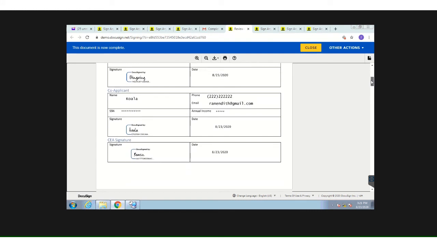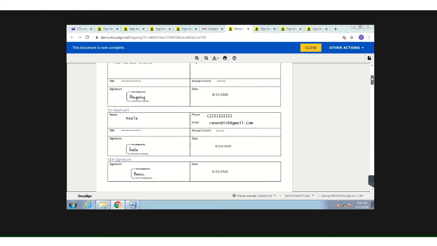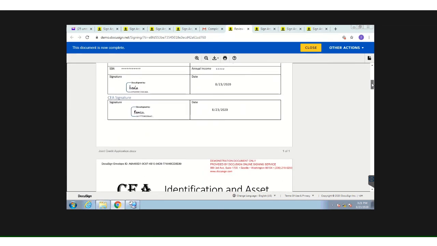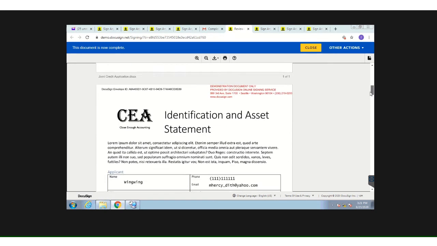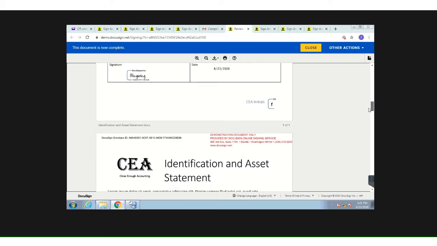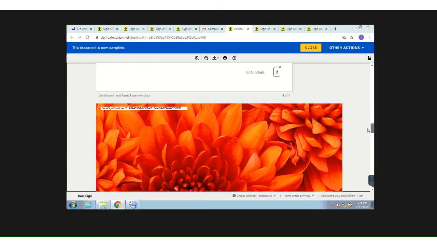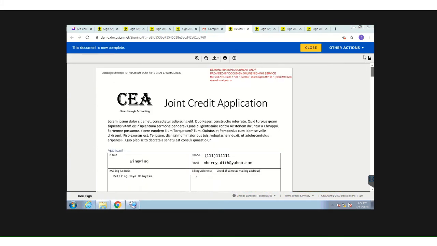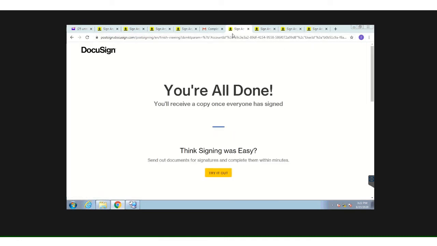And you can see here the signature and the information entered by both applicants and the CEA signature as well, and the attachments. Okay. So now that we have completed the verification and signing process, let's now go to the